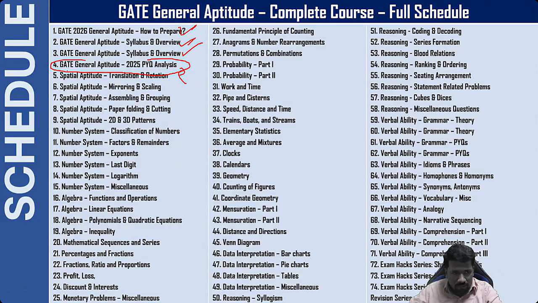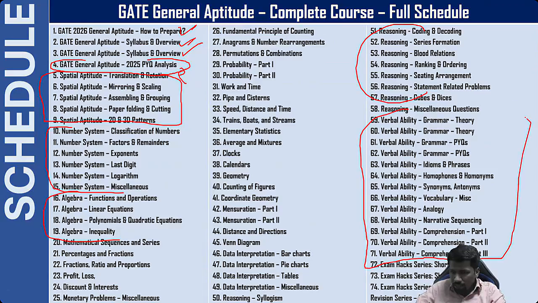Spatial aptitude is the first unit we are starting because that is a very important unit. 2025 exam में भी multiple questions आए थे spatial aptitude के. Tougher या mark consuming unit से इस बार course शुरू कर रहा हूँ. Spatial aptitude, उसके बाद number system, उसके बाद algebra, उसके बाद permutation combination and all other areas, and reasoning and verbal ability will be towards the end of the course. We will be covering reasoning, verbal ability, etc. Exam hacks का, shortcut methods का, revision lectures, ये सब included है. ये सब in the end of the course we will be having.